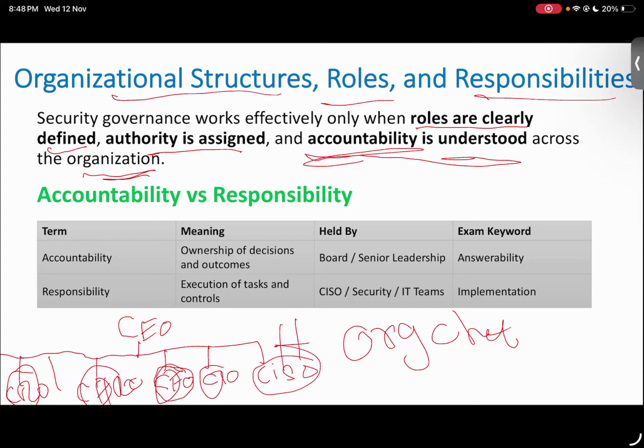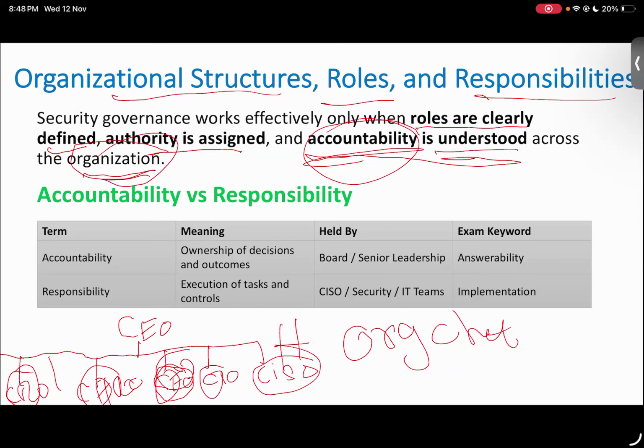They should understand: if I don't do my work appropriately, if I don't follow the process, what is the impact? There will be an impact organization-wide. If I don't focus on revenue generation, my revenue will decrease and my company will be in loss. I'll not be able to show the profit, and investors will not invest in my company. These are the repercussions if I don't understand my accountability. And that is not specific to your area, it is specific to your organization.